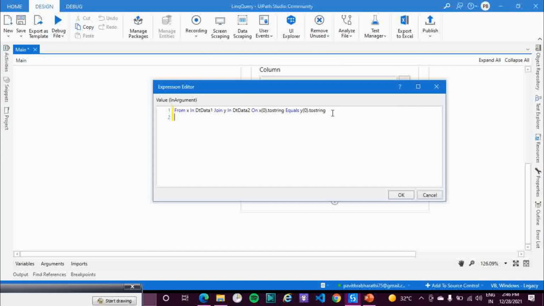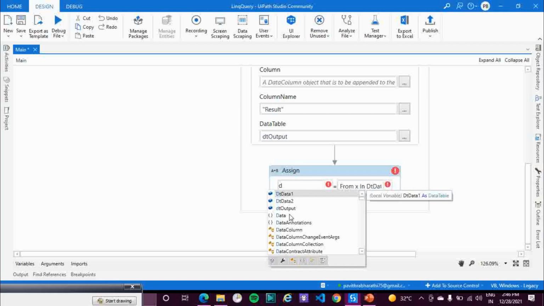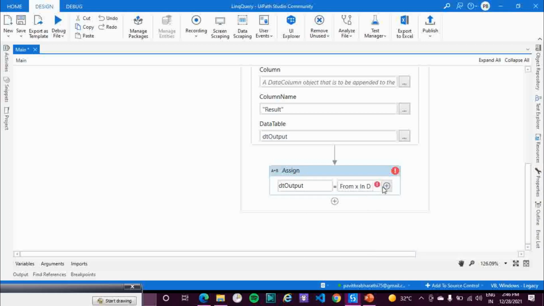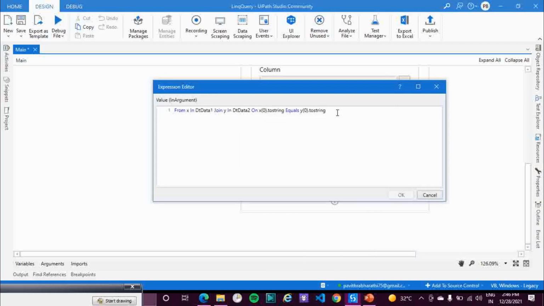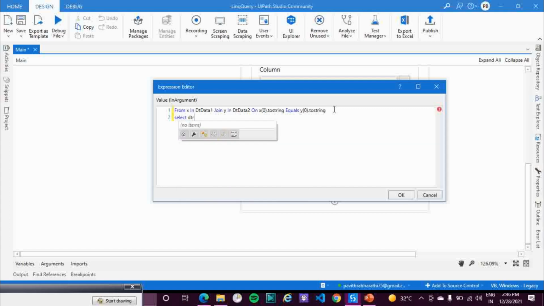Now this is not done yet, because when I save this and assign it to dt output, it throws an error saying you're unable to convert it. So I need to change this into CopyToDataTable so that it will be in a data table format. Now let me select everything, select. I need to put it in dt result, right?